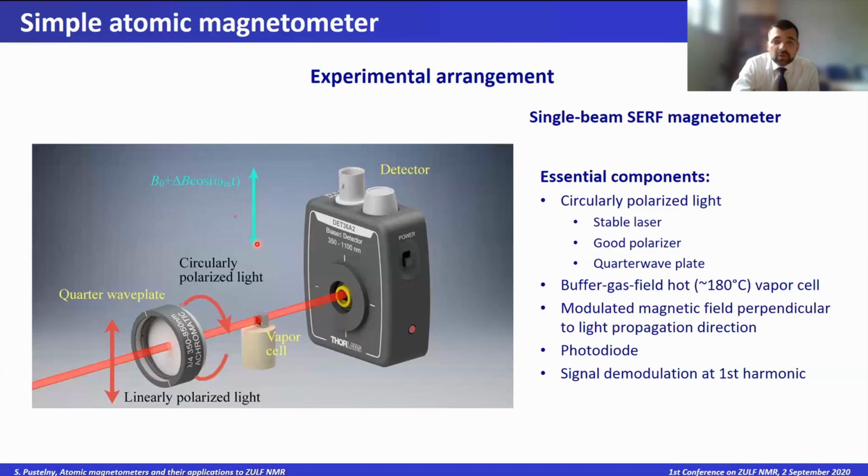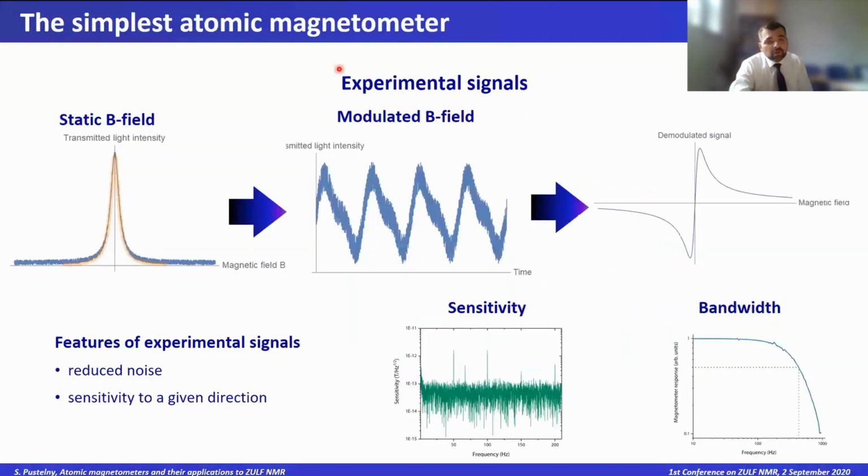But now what you can do is apply the magnetic field in a particular direction, perpendicular to the light propagation direction, and this modulation is very broad. The amplitude of this modulation is much broader than the dynamic range of the magnetometer. So you would expect it to be peaking once in a while when you're going back and forth. But you are doing it very fast, much faster than the bandwidth of the magnetometer. So you're not observing this peak, but something that reminds you of harmonic oscillations, maybe with a second harmonic, as we are seeing in this plot.